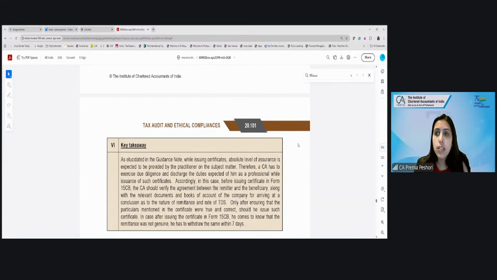Okay. So a CA, while issuing any kind of report or certificate, has to be very diligent in terms of what he is relying on and how he is arriving at his opinion. He has to maintain proper working papers. He has to obtain all the invoices. He has to obtain all the agreement copies. Look at the books of accounts, even in a certificate like Form 15CB. And he has to mention those correctly in case he does not have access to these documents. He should not just be subjected to the client's pressure in terms of it. Okay.